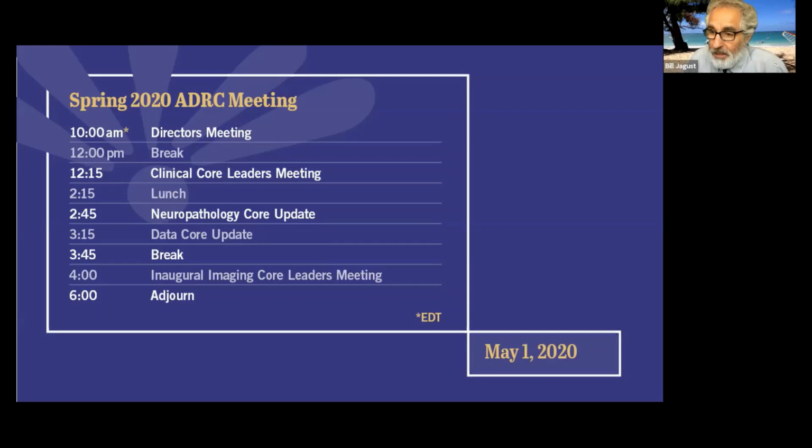So this is from Ranjan. How would you be standardizing SUVR and centiloid calculations? Will they be done at the ADC as well as by SCAN? I'm not quite sure what you mean, but ADCs are free to do anything they want with the data. Obviously you have the raw data, you'll have the processed harmonized data, you can do anything you want with them. We will process the data in our pipelines, and our pipelines have been